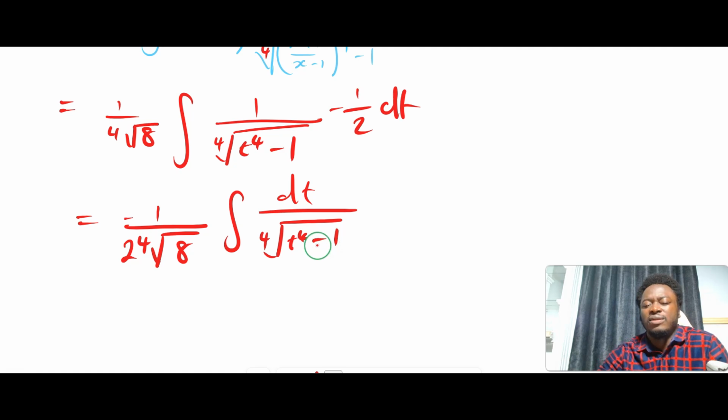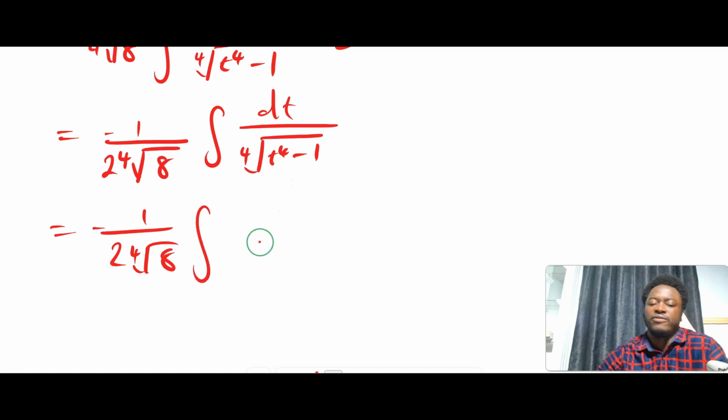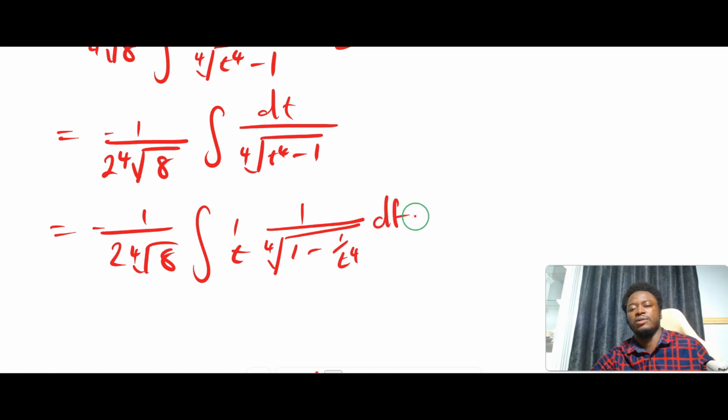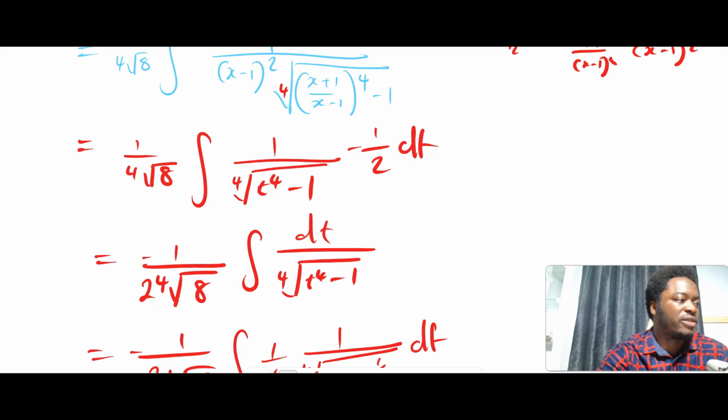Now we can pull out t to the 4th from this, so you should have negative 1 over (2 times the 4th root of 8) times the integral. If you pull out t to the 4, you get 1 over t times 1 over the 4th root of (1 minus 1 over t to the 4 power) dt. So you can see that we have done a lot to simplify this by doing all sorts of substitution, pulling out, and the rest. Now it remains for us to